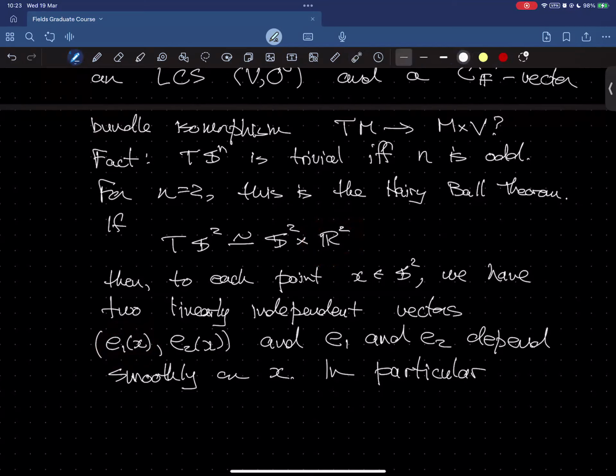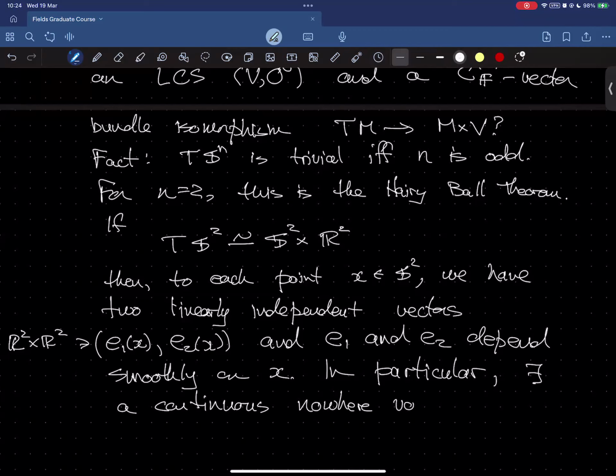To be clear, this is in S2 cross R2, so each of these is a two-dimensional vector, corresponding again to the basis vectors for R2. Okay, so in particular, there exists a continuous nowhere vanishing